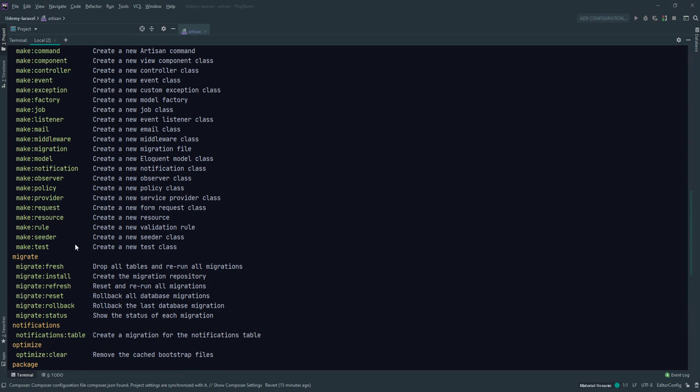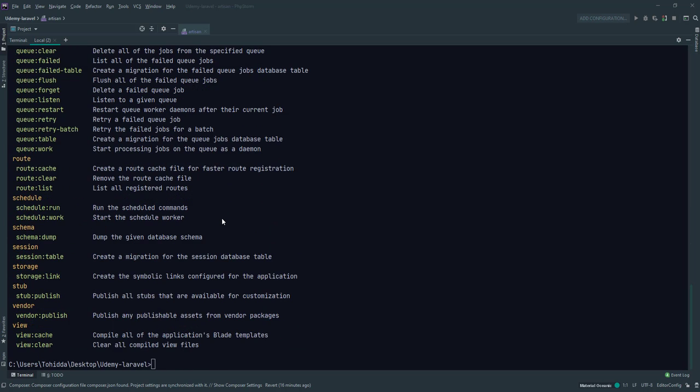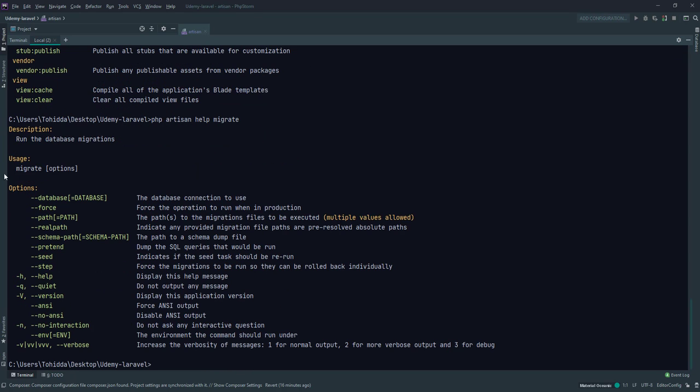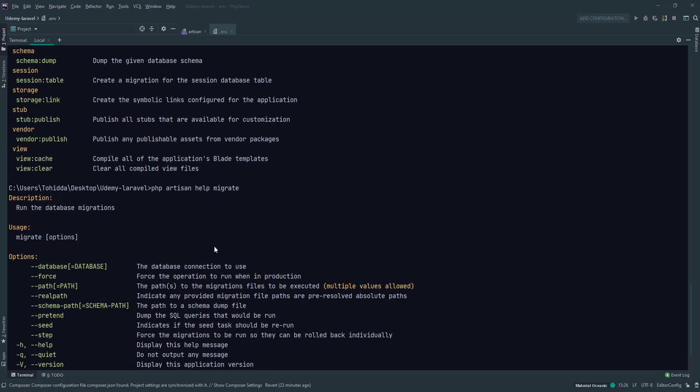For help, what is simply migrate? I write php artisan help migrate. Okay, migrate: see database, force, path, repath, and seed and others. We can use migrate, we can connect to the database,